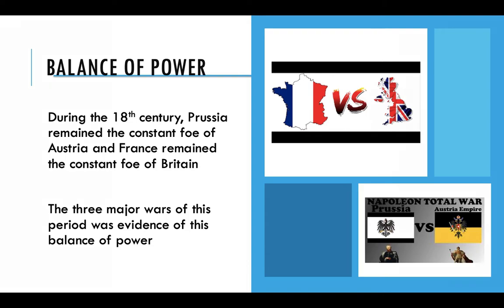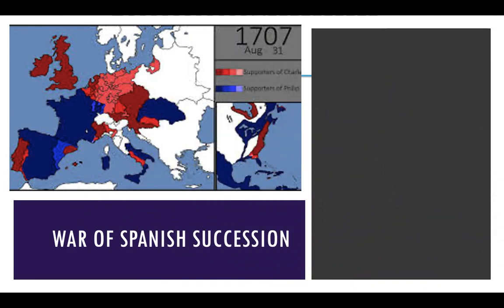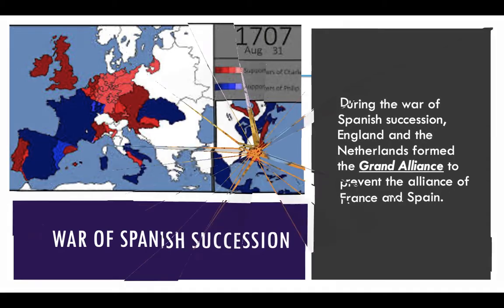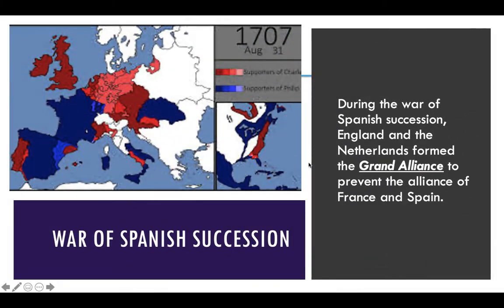Now, this war eventually came to an end, and when this war came to an end, it came to an end with several agreements that would absolutely change Europe forever. One of the agreements was this: in order for the War of Spanish Succession to come to an end, number one, well, let me go back here because you were supposed to have that written down and I didn't go far enough. So while you're writing this down about the Grand Alliance, I'll go ahead and read off of page 354 what happens next. The War of Spanish Succession ended in 1713, and what stopped the war was something called